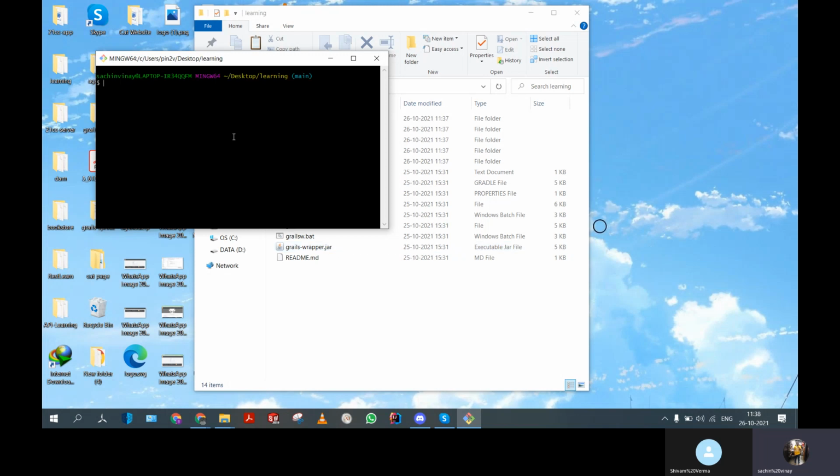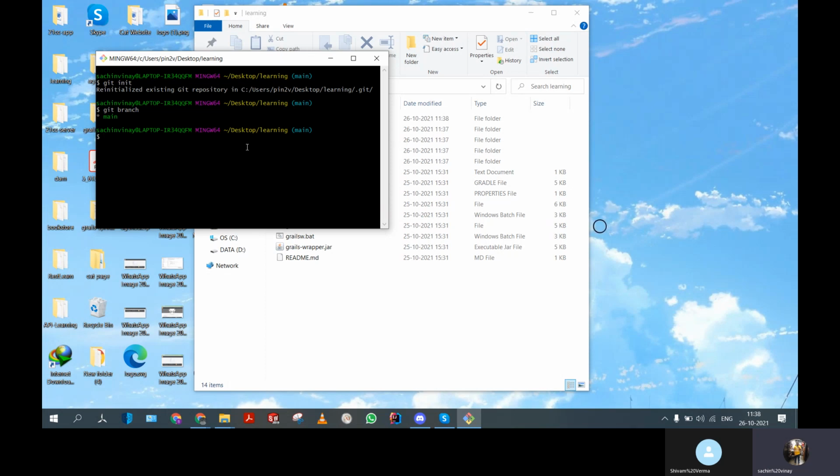After that, firstly I will check whether the git repository is initialized or not. I will write git init, which means git initialize, and then press enter. So it says reinitialized existing Git repository. Okay, now let's see how many branches are in this right now. I will write git branch, enter. So there is one branch inside it.